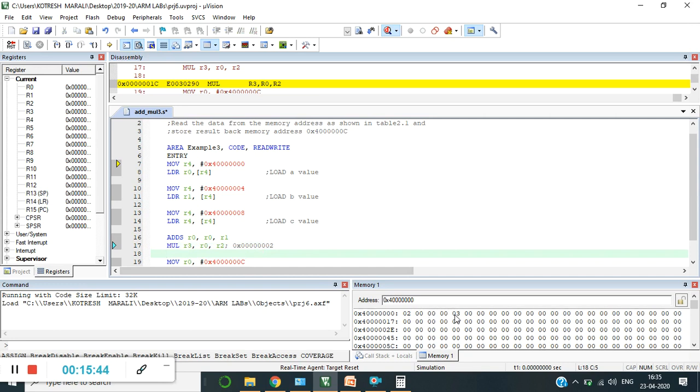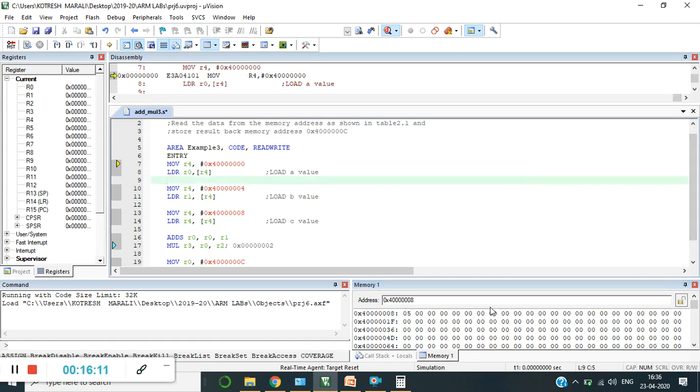Next, the location is 04. If you have any confusion, let me write 04 here, and here we have 3, the first address itself. Next I need to store the data in 08. So let me go to 08 and directly click here and store 5. Yes, 2, 3, 5. Now if you see this, you can observe 02, 03, 05. Now I need to get the output in the 4C address.